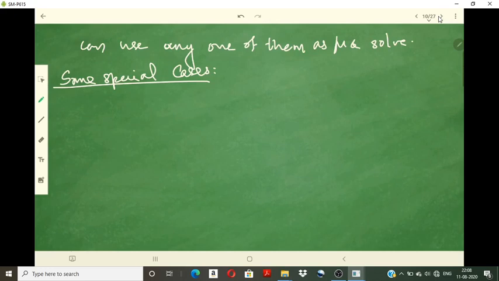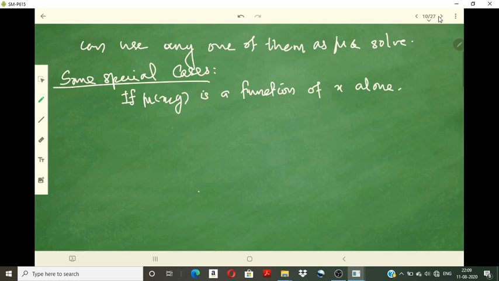Suppose this function is a function of x alone. So if mu of x, y, which in general is a function of x and y, is a function of x alone, then